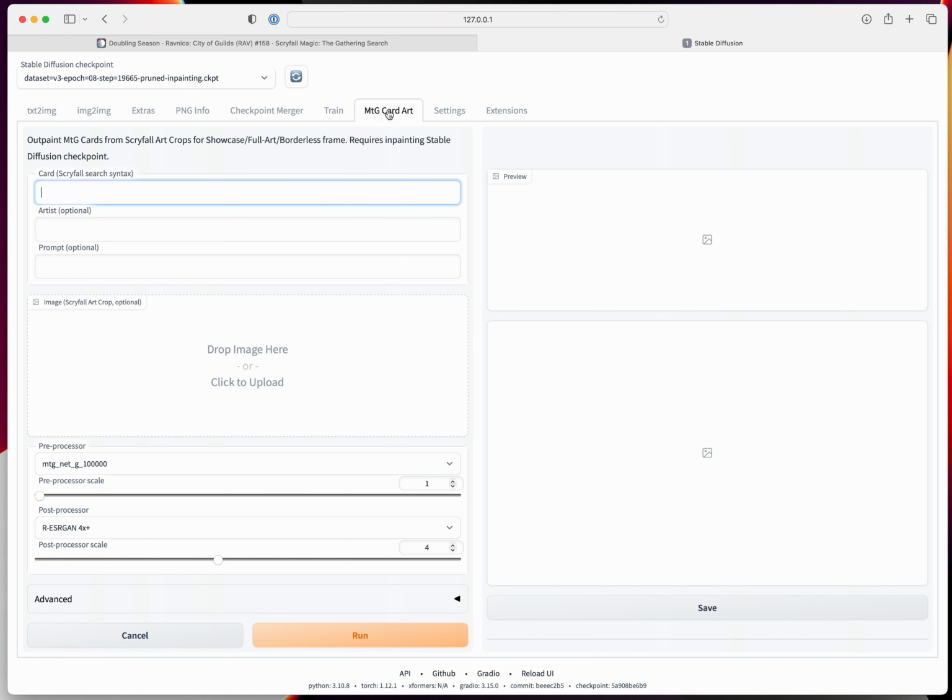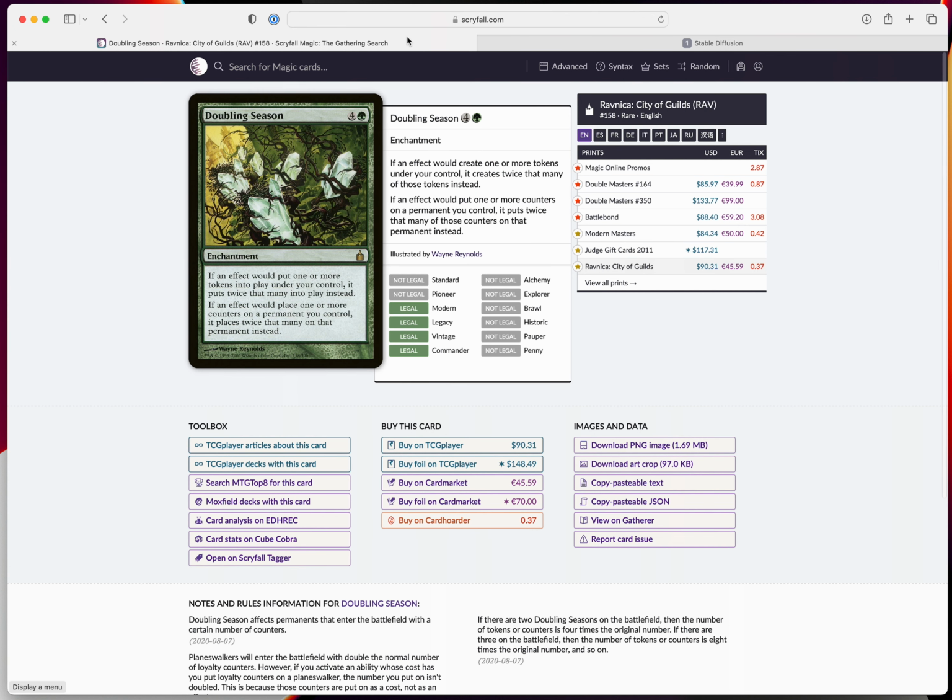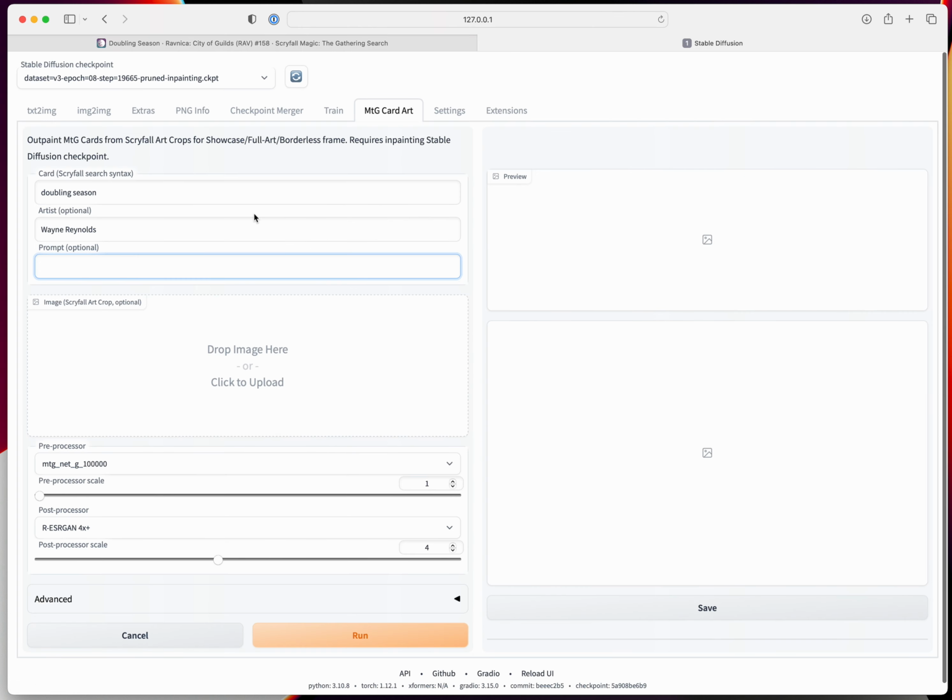This is an extension that I created. I'll type in the card name, which in this case is Doubling Season. I wanted to pick the art that I chose, so I'll include the artist as well. And I don't necessarily have to include a prompt, it'll do a reasonable job automatically, but in this case I will include diamonds, gems, tangled in vines and roots,